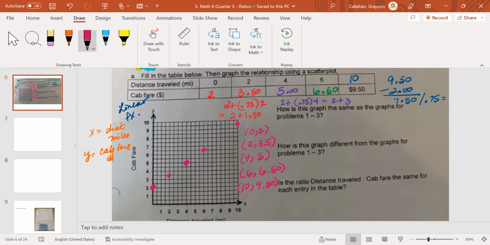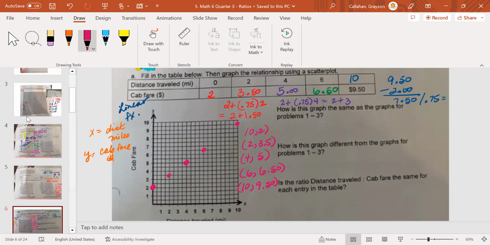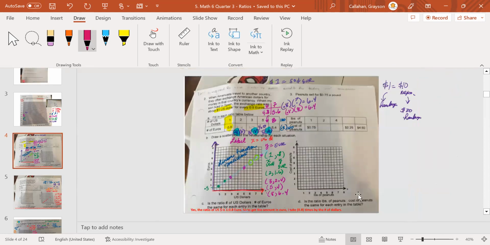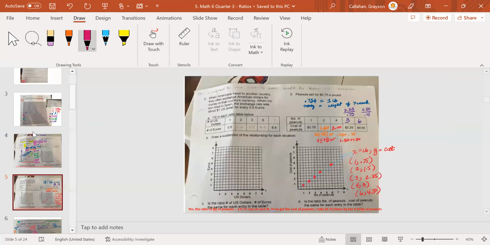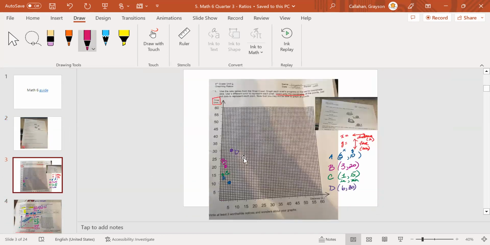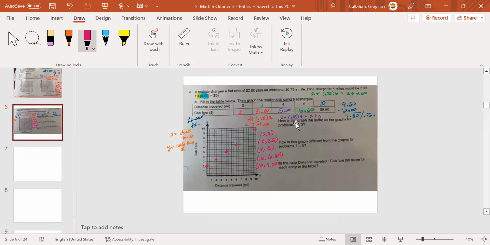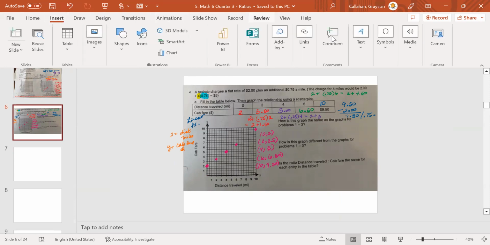How is this graph the same as a graph for problems 1 to 3? So what do you notice between all of these graphs that we did? So this is problem number 2, right? You see the points right here? What do you have here? Straight line. Here is problem number 3. What do you notice here? Okay, here's problem number 1 that we graphed. What do you notice here? Not a straight line. So this right here is not a linear function, okay? So to go back to this, how is this graph the same as the graph for problems 1 to 3? It's not the same. You should say